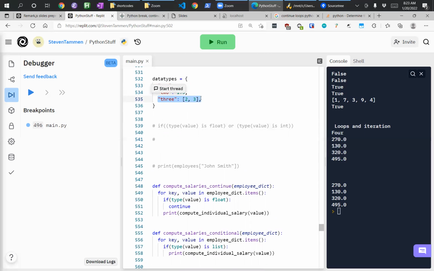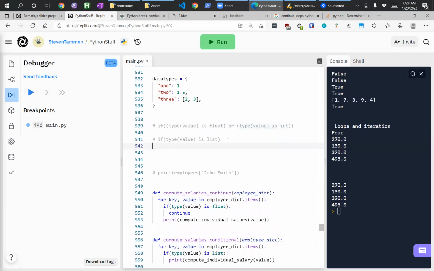Well, so I'm trying to show an example of continue here. I keep coming up with ways in which you can get around it. I'm not trying to say continue is bad, but in this particular example, since we have a determined list, we could say as long as it's not a list, that means it's one of these, but I like to negate the logic. But the other way in which you could do this is you could check if the type is list, right here. Yes. And if the type is list, then you would